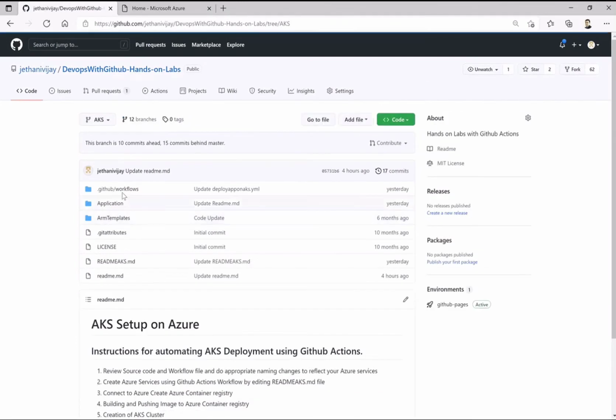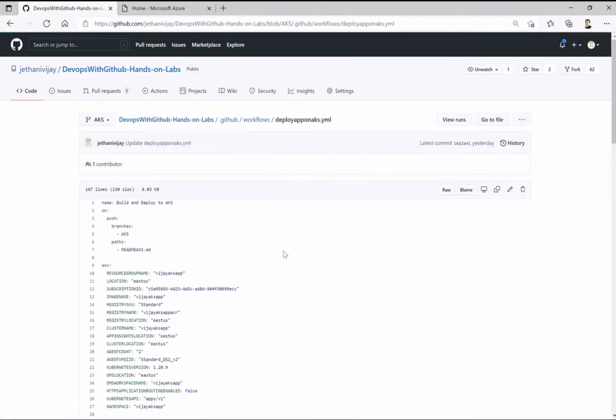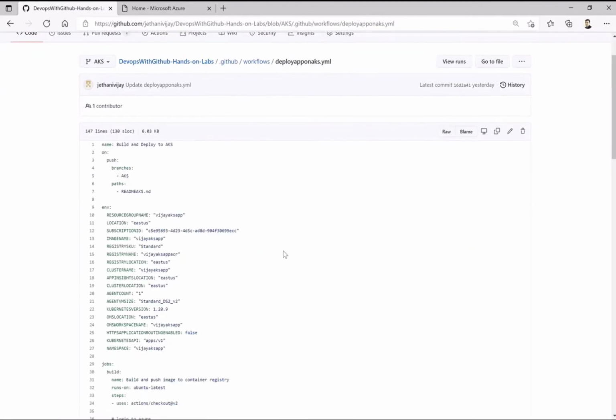So let me show you the workflows. Here, in the interest of time, I'm just using one particular workflow. As I said, as I'm using the ARM templates, this ignores any service that has already been created. So that means I can reuse this same template for deploying the code as well as creation of the services. Build and deploy and push on respective branches remains the same.